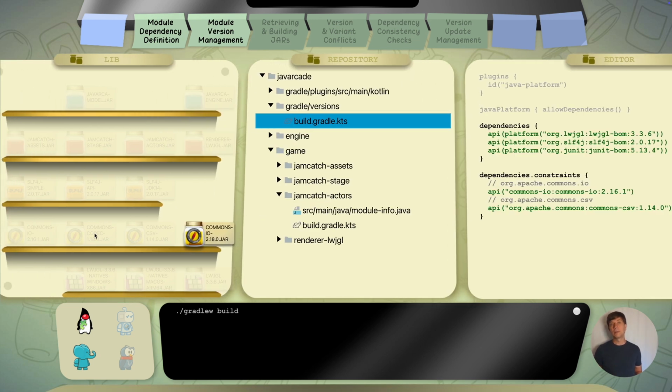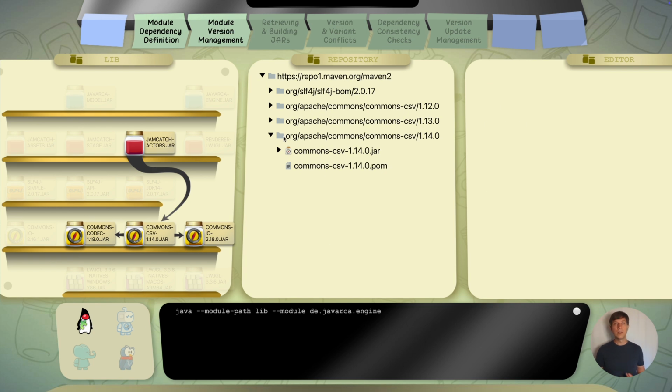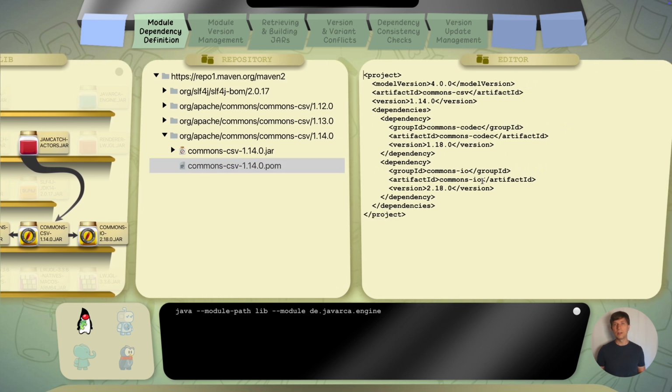An example of this would be Commons Codec. This is sometimes good if we want to control this, for example, update the transitive version on our own. But for working software, we do not need to define all these versions, because as you may remember from last time, the metadata of the modules we use directly may contain version information about the transitive dependencies, which is also used by the tools.